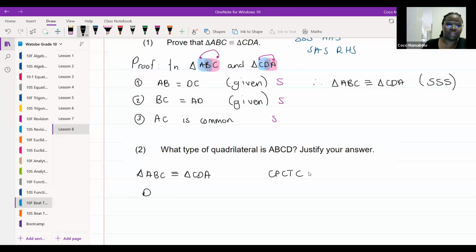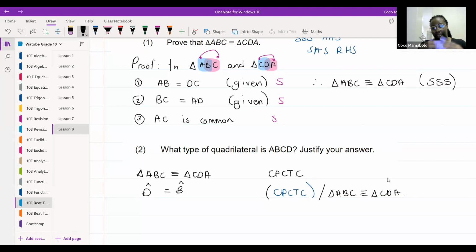Good. Angle D is equal to angle B. And the reason for that is because we've proven that the triangles are congruent, or CPCTC. I think your teachers prefer you guys writing that triangle ABC is congruent to triangle CDA. Just ask your teachers about that. Make sure that we're not getting it wrong. All right,